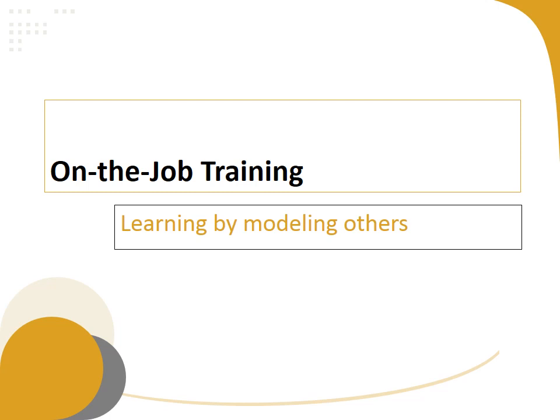In the previous section, I discussed how employees can be trained in classroom settings and through individual self-guided learning. But in this section, I'll show you how employees learn through on-the-job training. On-the-job training, or OJT, is typically informal training by experienced peers and supervisors that occurs on the job and during the completion of job tasks.